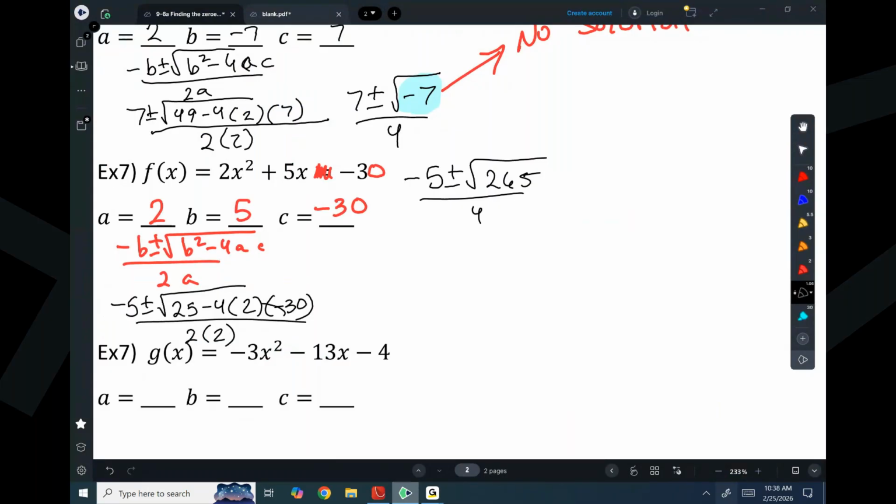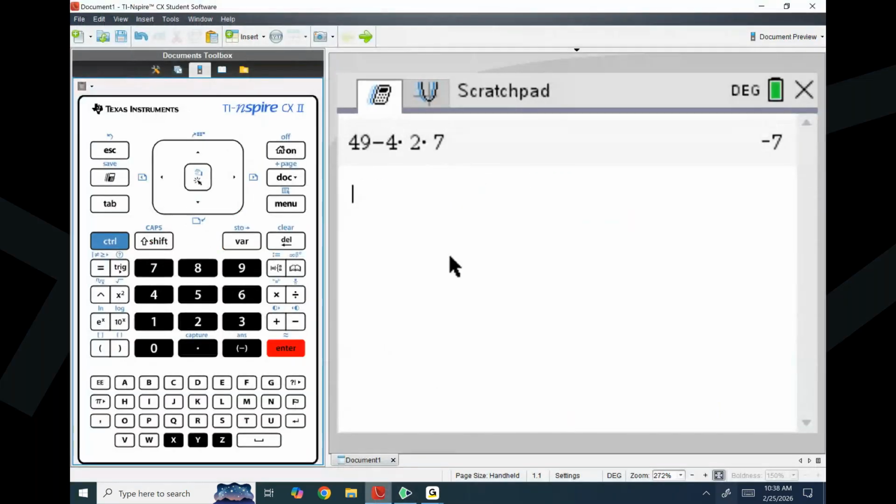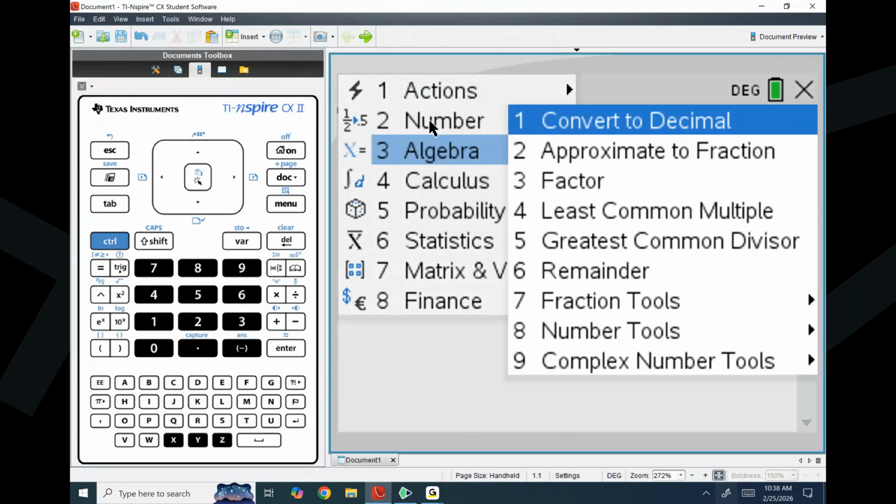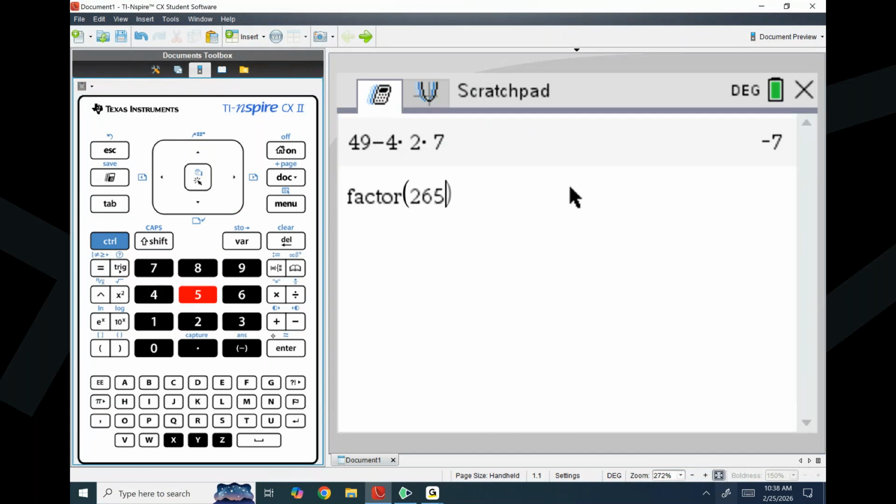All right, 265, is that factorable? I don't know. We can check, right? Remember we had a way to check? Go to number, factor. 265, is there any pairs in there? No, all right? So